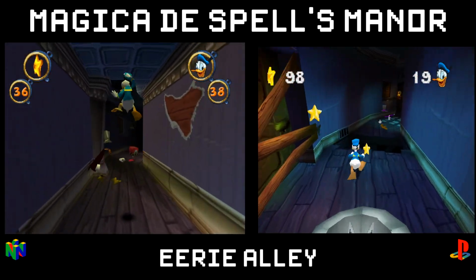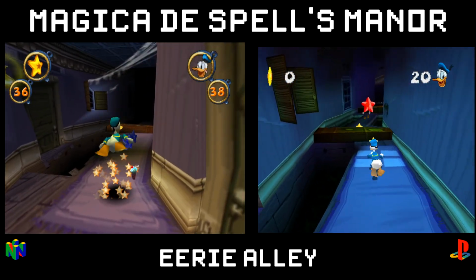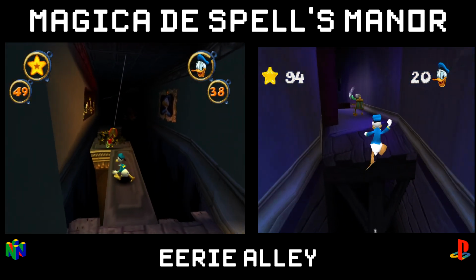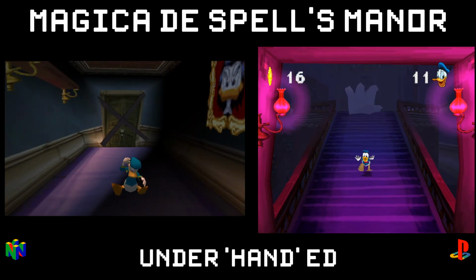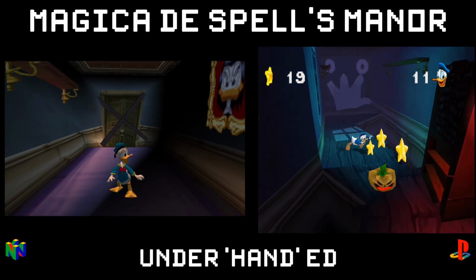Eerie Alley is also, for the most part, the same level, at least in the first half. The most notable difference is that the 64 has a cool spider section, which is sadly completely absent from the PS. The bonus level, cleverly titled Underhand Ed, as usual starts with a cutscene for the 64 and nothing for the